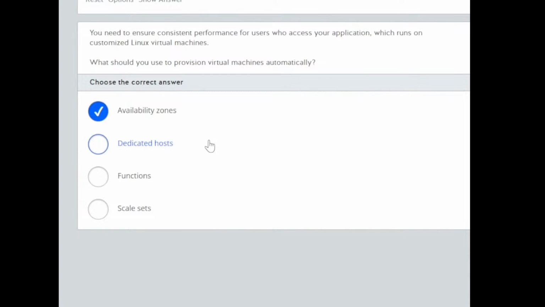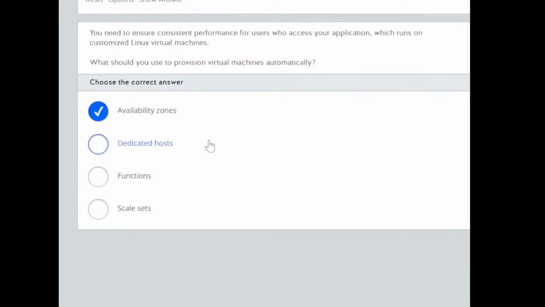Hey Google, what is availability zones in Azure? High availability 'to.